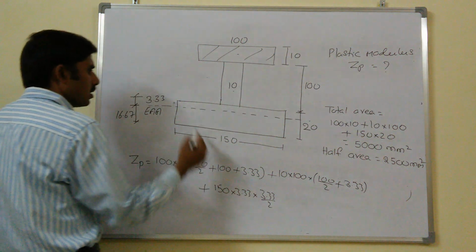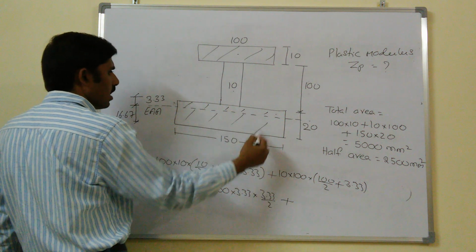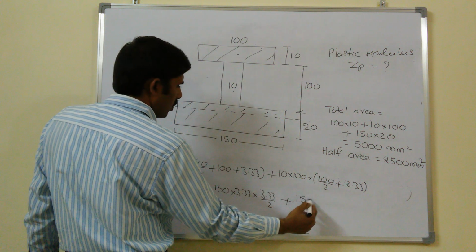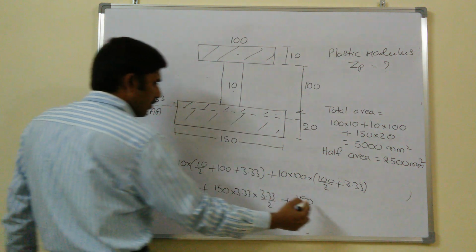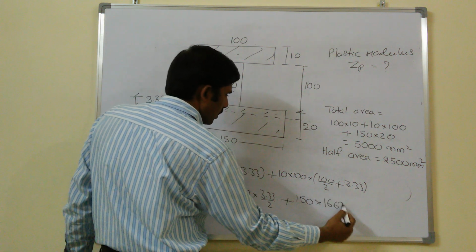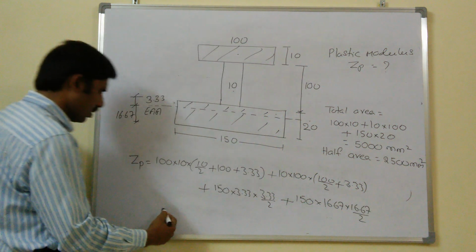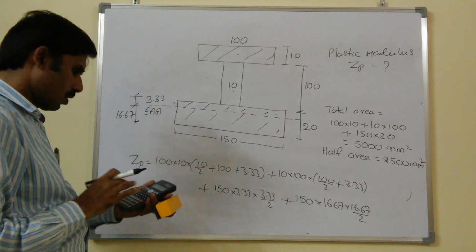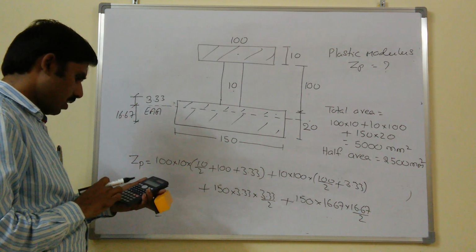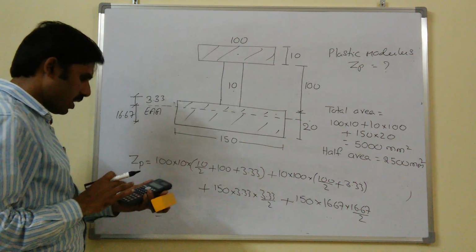So this area plus the remaining bottom flange area, 150 into 16.67 into 16.67 by 2. If you calculate that, this is 100 into 10 into 105, that means 108.33